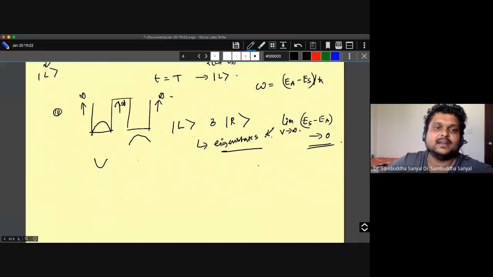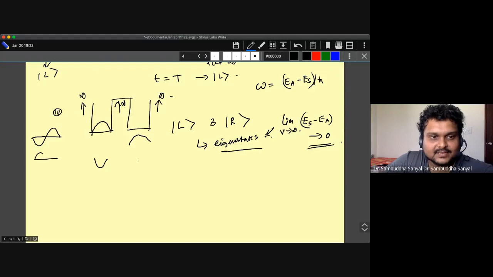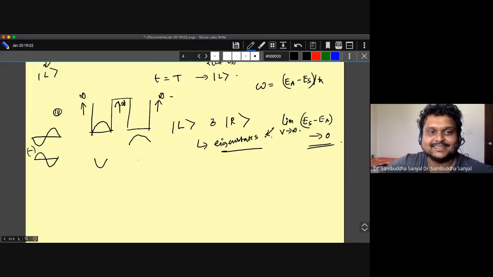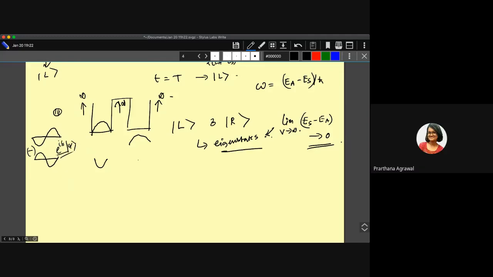By the way, this reminds me of one question Prarthana asked me last semester. Do you know the answer to this question by now? You asked me that I draw sometimes the state like this and sometimes like this. How do I know which one I should draw? You remember you asked me that question, right? Yes, sir. Do you know the answer now? No. Yeah, it's the same state because it's a minus sign and you multiply by any phase, it doesn't matter, right? No, it doesn't matter. That is okay. Del is pi. But given any random potential, the solution you search anywhere, they choose a particular form always, right?